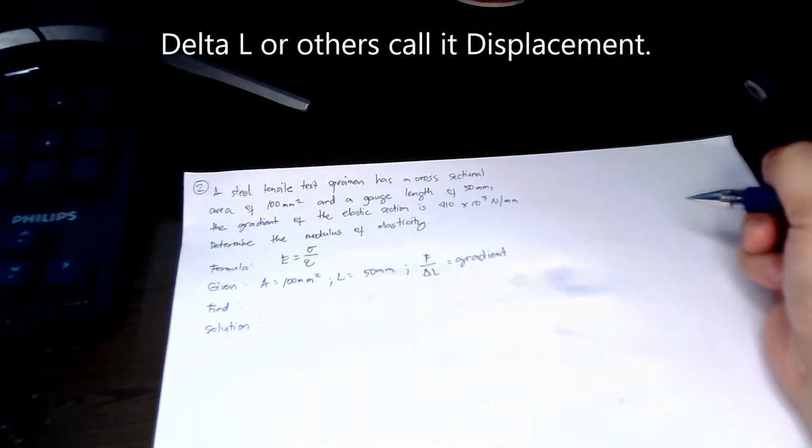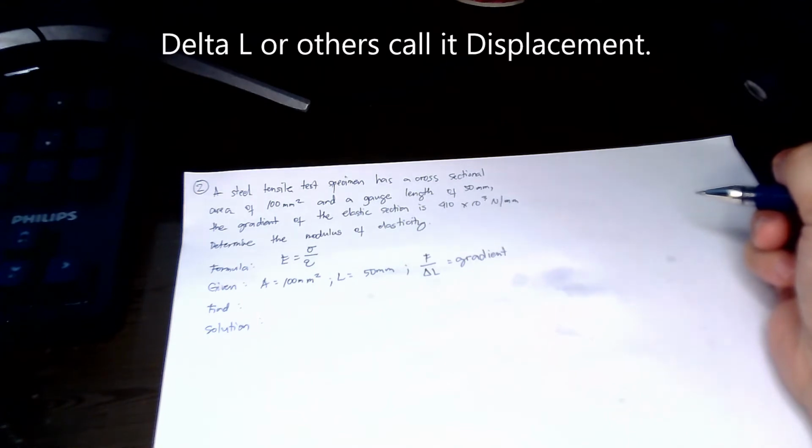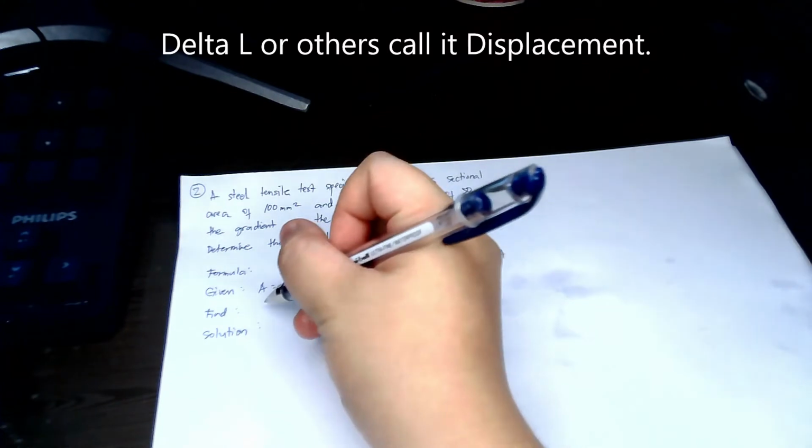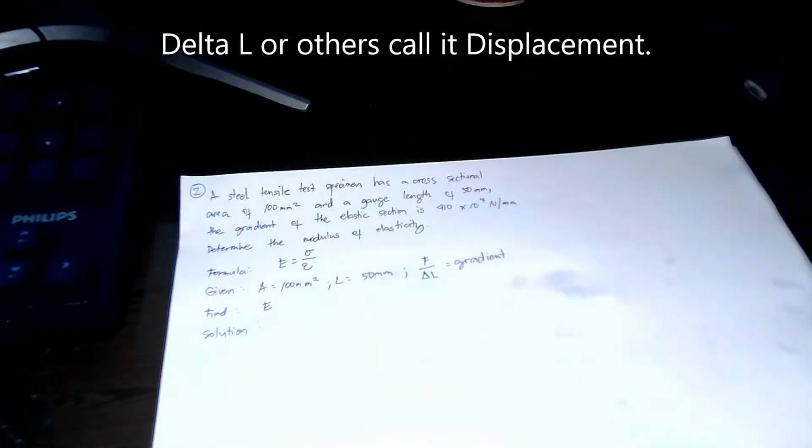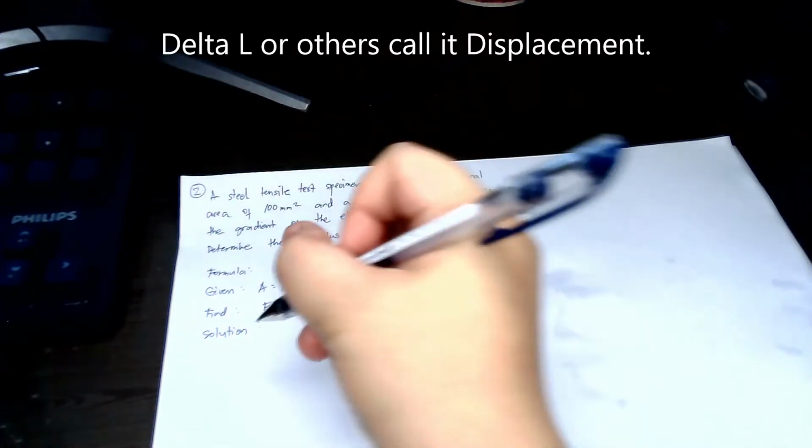It's a ratio of force over the change in length. So, and we will find E. So, our solution is we have to play around with the known data. So, you have your E,